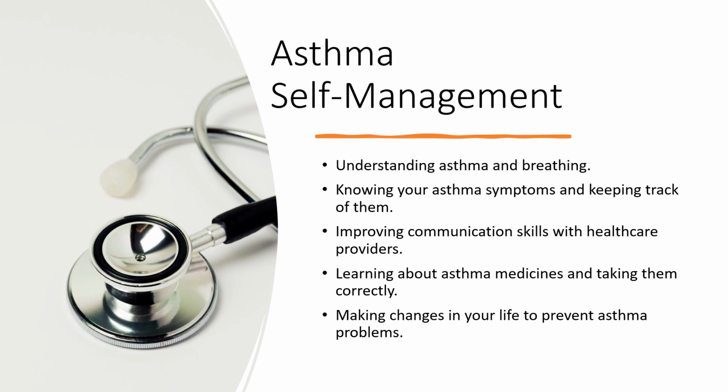And then make changes in your life to prevent asthma problems, okay? Make sure that, if there are certain things that are going to cause triggers or asthma attacks, may they be acute or leading to chronic. For example, if you know that you're going to be out when someone's mowing the lawn and grass bothers you, wear a mask. If you're going to go to a social setting and there's going to be people smoking, make sure you take the steps to prevent interaction with people, or make sure that maybe there's an option for an outside venue.